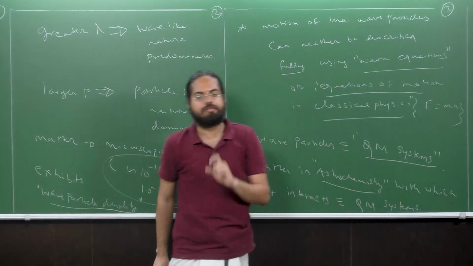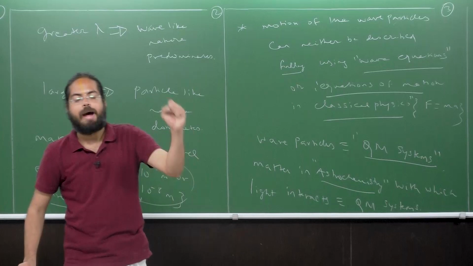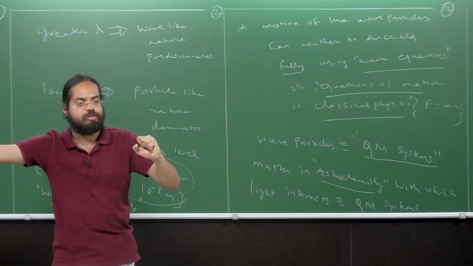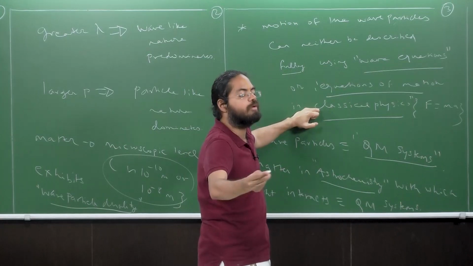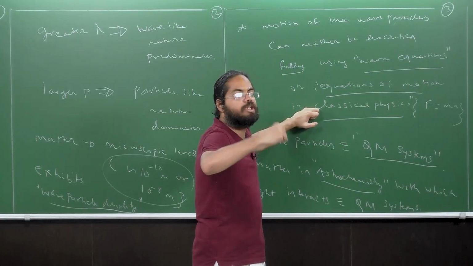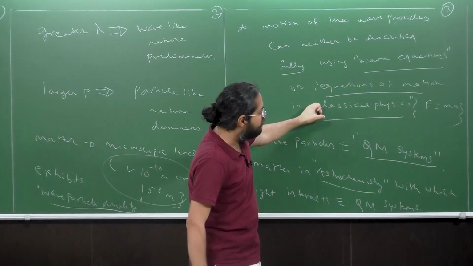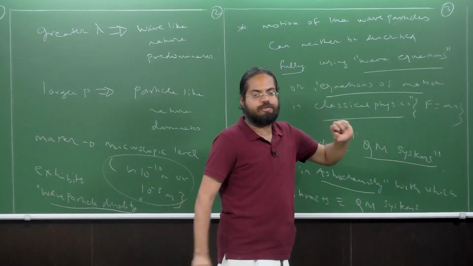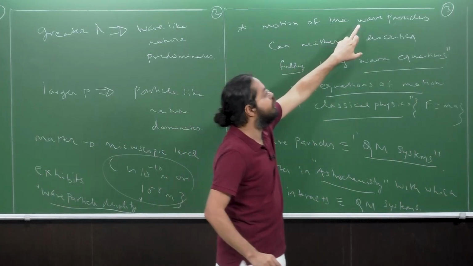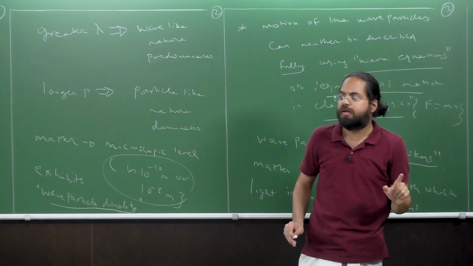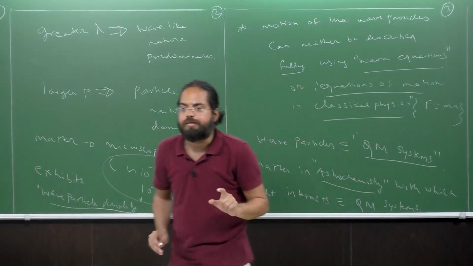Is this point clear? So therefore, the matter that we describe in astrochemistry is not purely classical mechanics. It does not correspond to a picture of classical mechanics, but rather it obeys the laws of quantum mechanics. And what do I mean by quantum mechanics for our purpose? These are systems which exhibit wave-particle duality. All right. Are we good with this understanding?